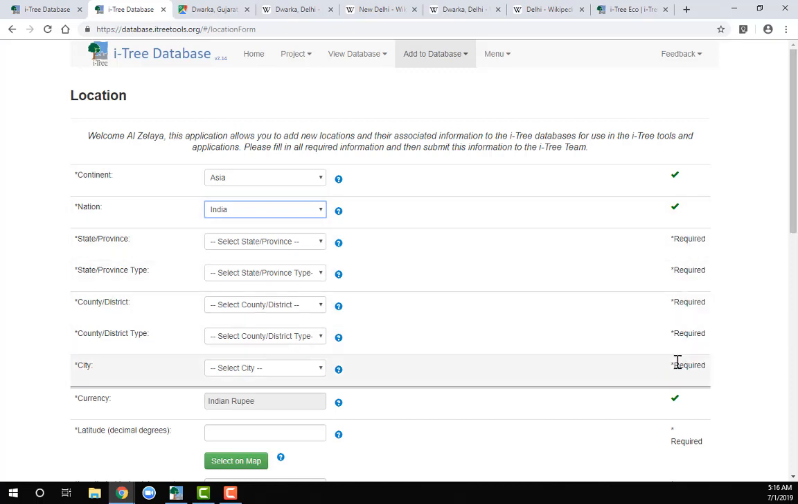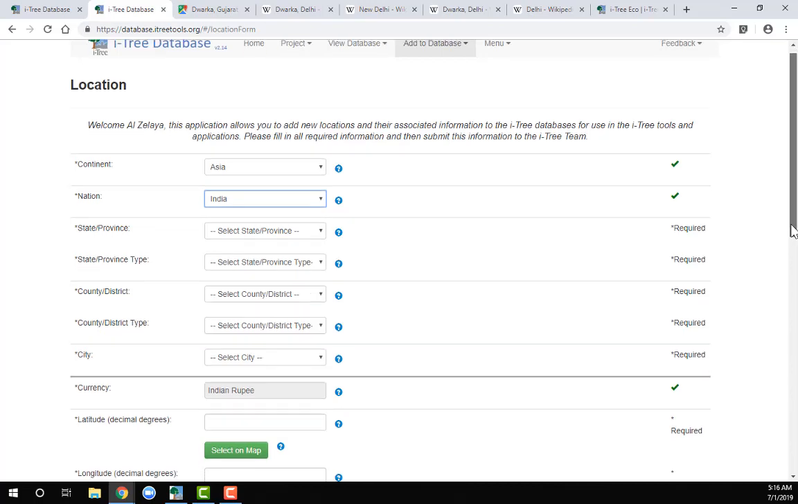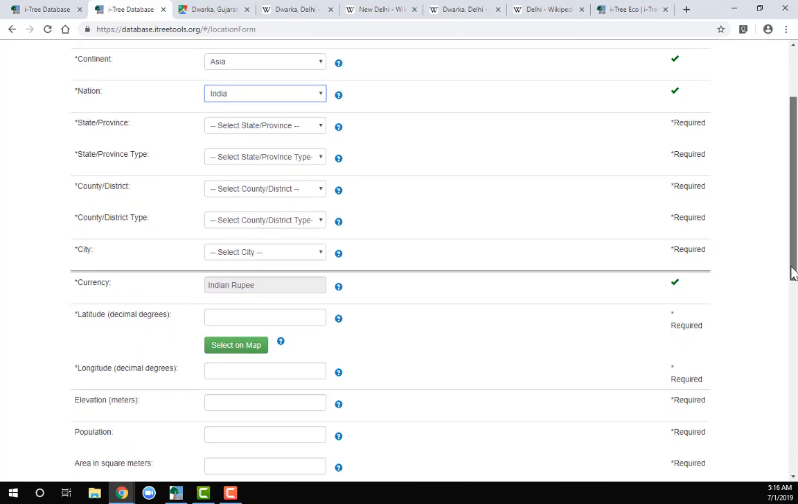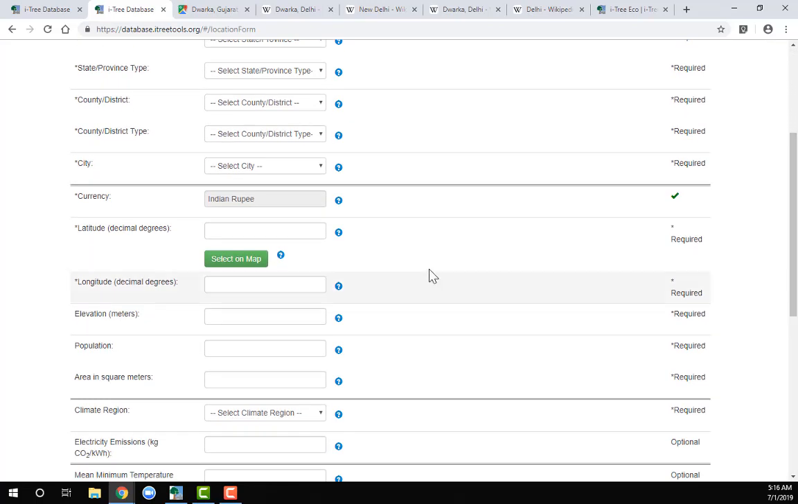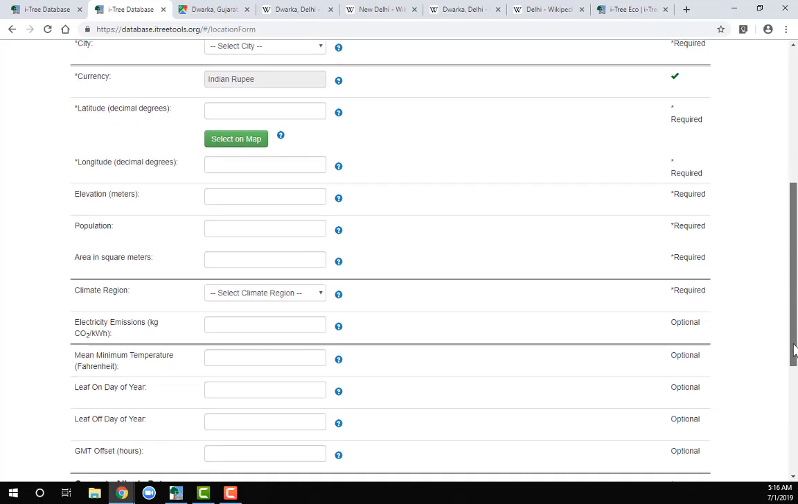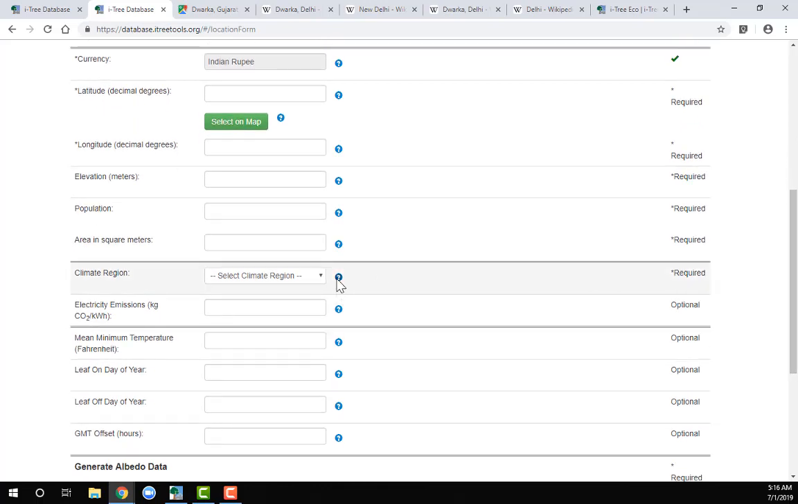So these are the ones that are required, and this is just to give the location information that you need and some other variables, but many of these variables are optional once you get beyond this second panel. So it's using latitude and longitude, elevation. Population is mostly used for pollution modeling, monetary values in the US, and then the area of the location. And then climate region, and you can see here,